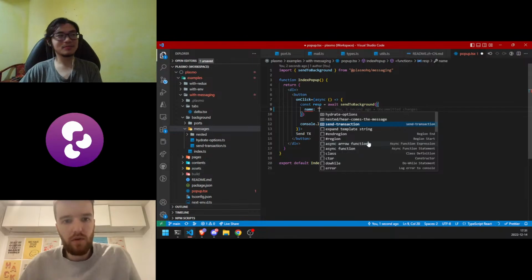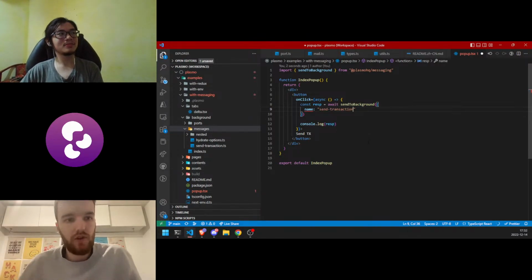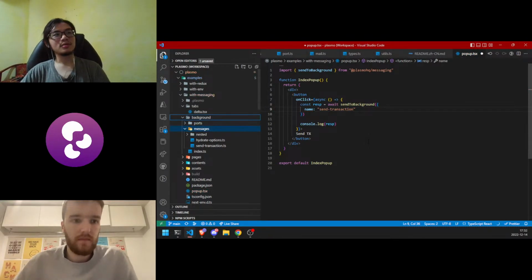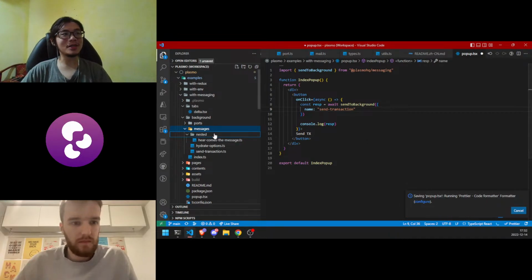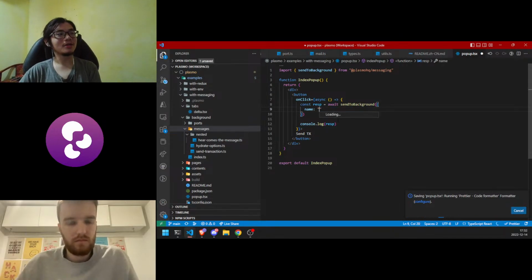Got it. Louis, can you create a new one and then show that flow as well, a new message type? Sure. So the idea is that now you can go to message. We can actually also add nested messages as well. As you can see, if it's nested inside a directory, it will be separated by a slash, the same way that you would do that.